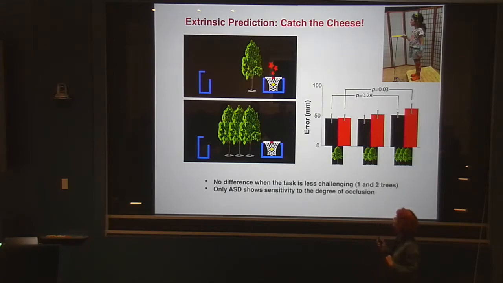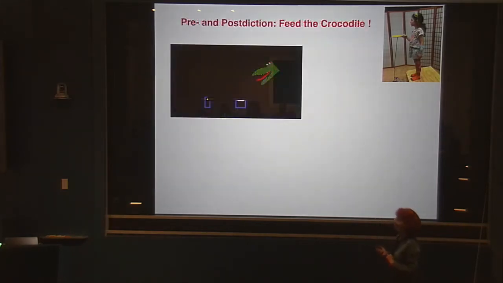One more. Post-diction. So the same paddle they hold is now used to bounce a ball into the crocodile's mouth. So they have to predict the ball as well as post-dict. They have to control the velocity of contact, the right release velocity to hit the crocodile's mouth, where 0 error is the tip of the tongue.